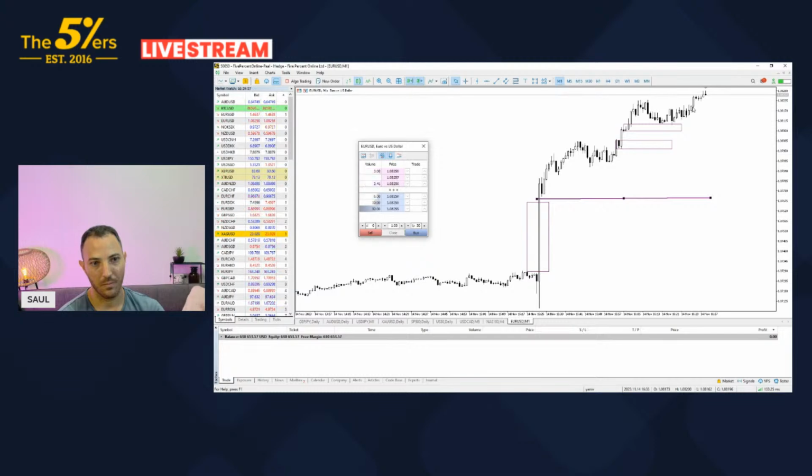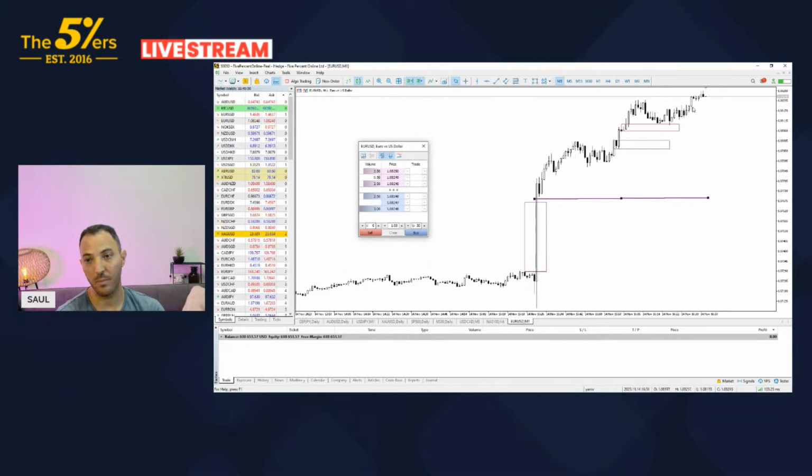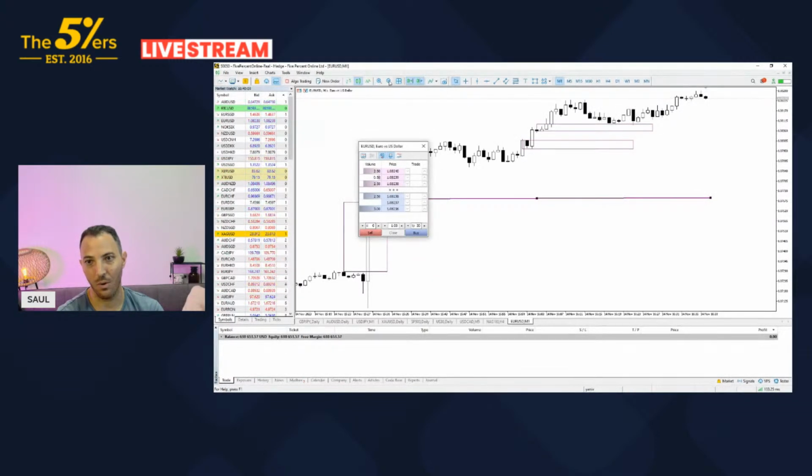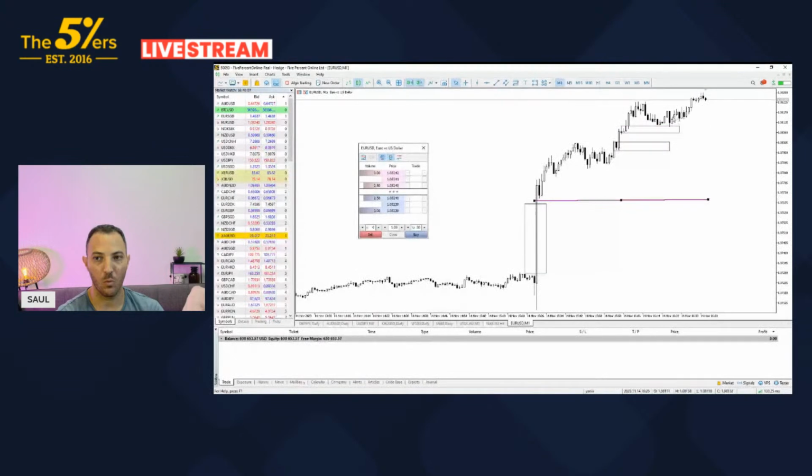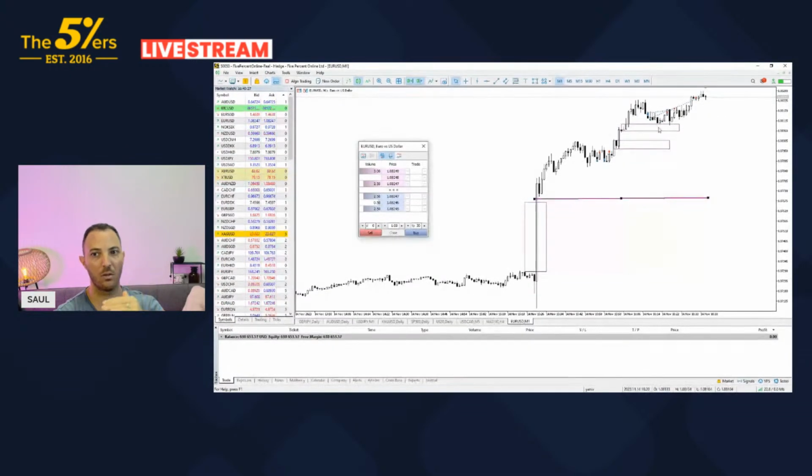And I do layer. You saw me layering. I just did it. You saw how I didn't trade with 3 lots at one entry point. Where is it? Right here, across the pullback, I placed three trades. So instead of entering one trade of 3 lots, I placed three 1-lot trades. That gives me flexibility in managing my trade.